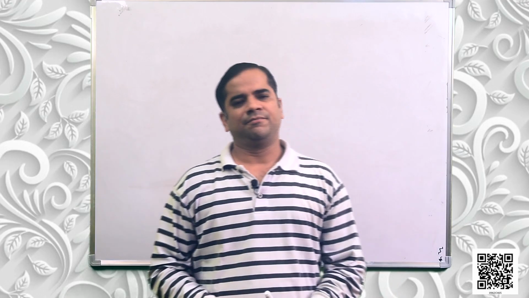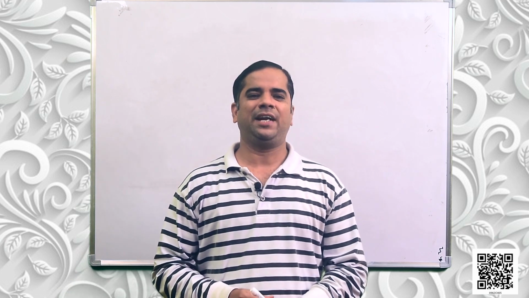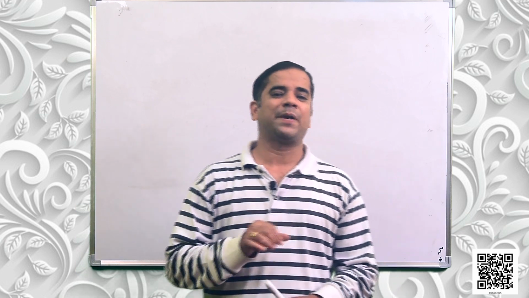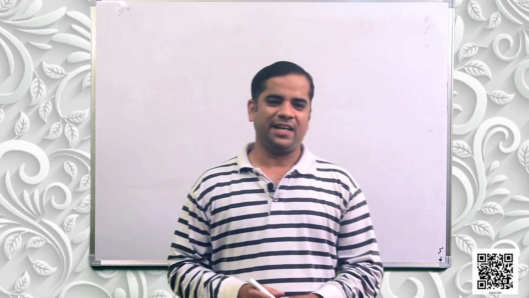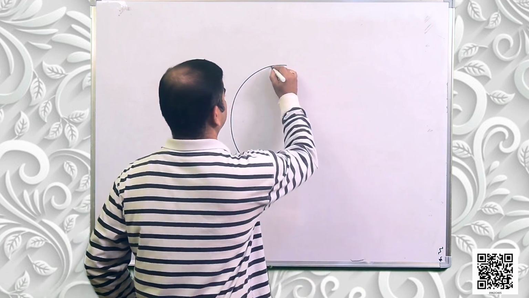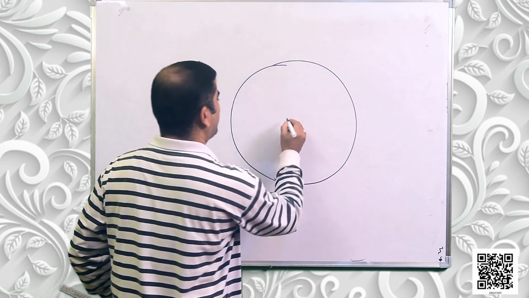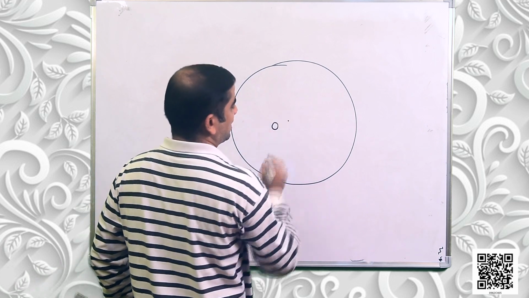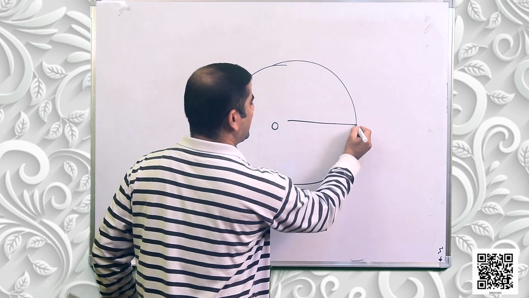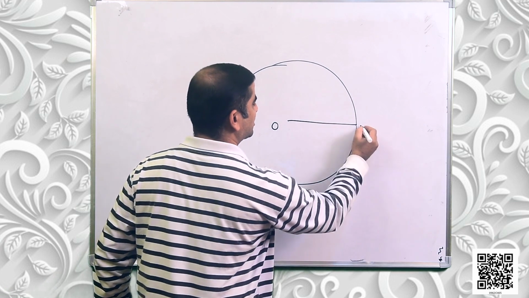Radius of a circle. What does it mean? We know that a circle has a center. So, the distance between the center of the circle to its circumference is called your radius. So, if this is a circle having center O and this is the distance between the center and the circumference of the circle,